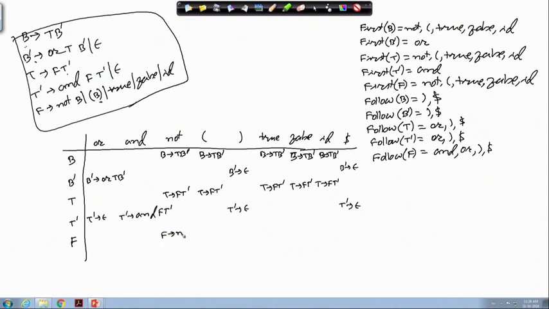F producing within bracket B should be added under open parenthesis, because the corresponding first set has got the open parenthesis. Similarly, F producing true should be added here, F producing false should be added under false, and F producing ID should be added there.